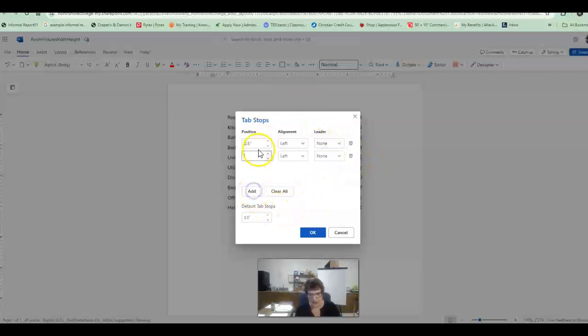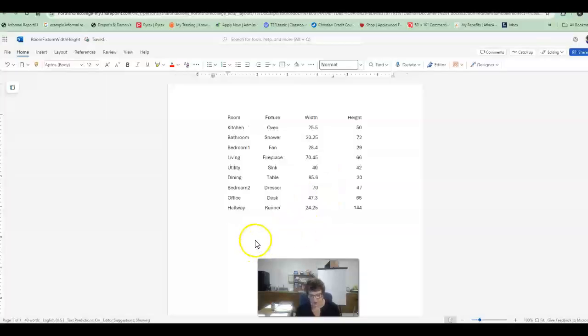Then I'm going to add a second one at 4.5, and this time I'm going to make it a right tab, but I'm also going to use a leader, and I'm going to use the dotted. Alright, so I'm going to click OK. Alright, so I'm going to key, let's see. It's on it is